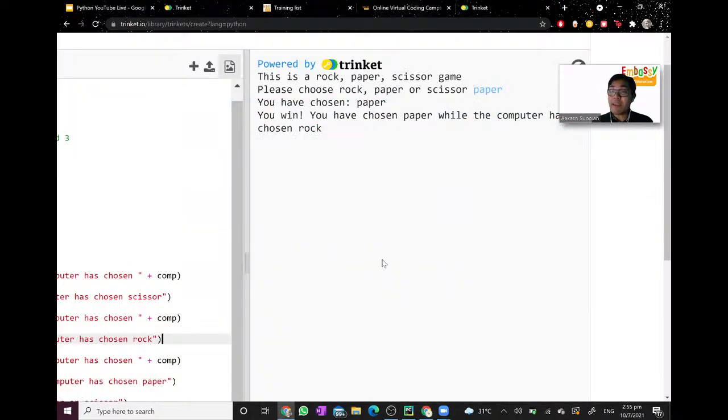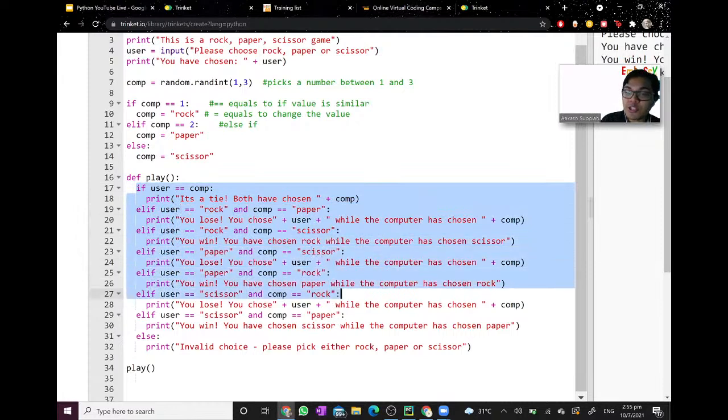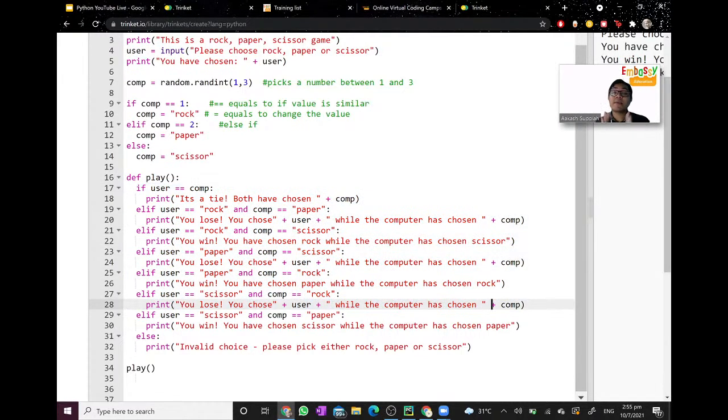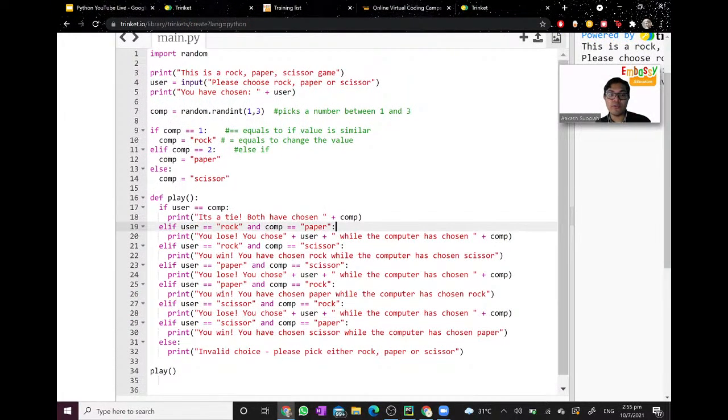So while this is very basic, using these concepts that I learned today, you can actually create huge games. I'm sure many of you guys have played games such as RPGs where there are many options that you can pick, correct? So most of the time, all these options are written through if and else. It just goes through each and every option that you can choose and picks out the correct situation. So yeah, based on the concepts you have learned today, you can program all kinds of programs and games and concepts and such. So yeah, this is the code we use.